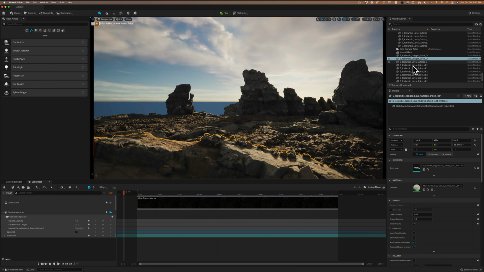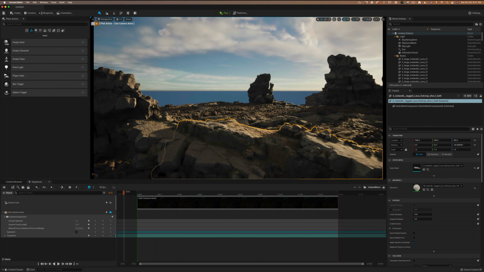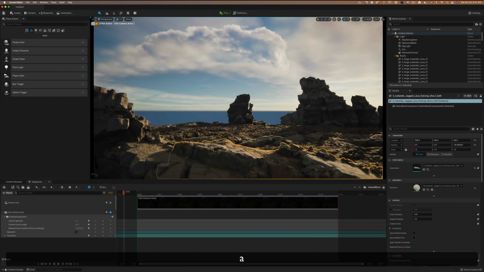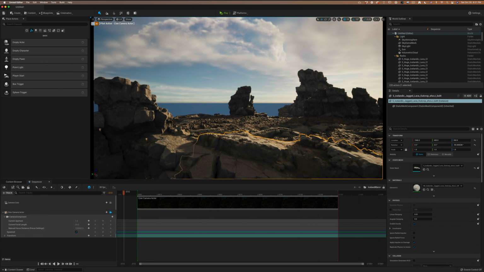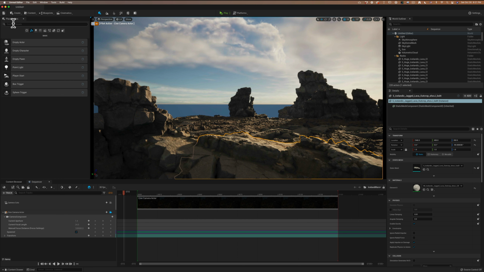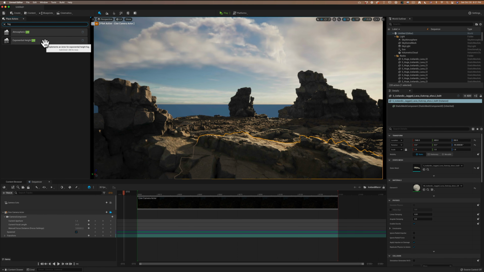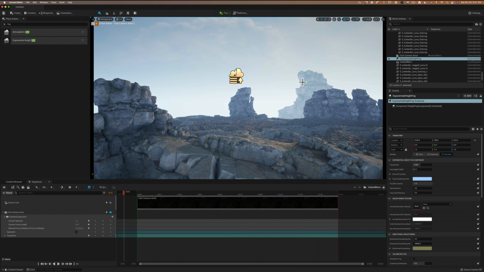So now that we got a camera, we have to do something about the lighting because it's not the mood that I want to go for. First things first, I'm going to add some fog. Fog is, I think, one of the biggest powers that makes everything look cool. Maybe if we have this rock here a little bit on the side. I'm still moving my camera, and to add some fog, you just go here and type fog. You have something called exponential height fog. That's what we want. You click and drag and drop it, wait for it,